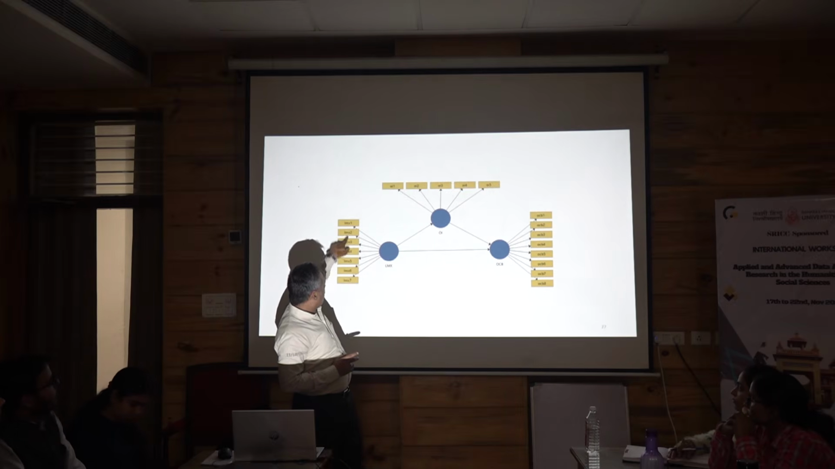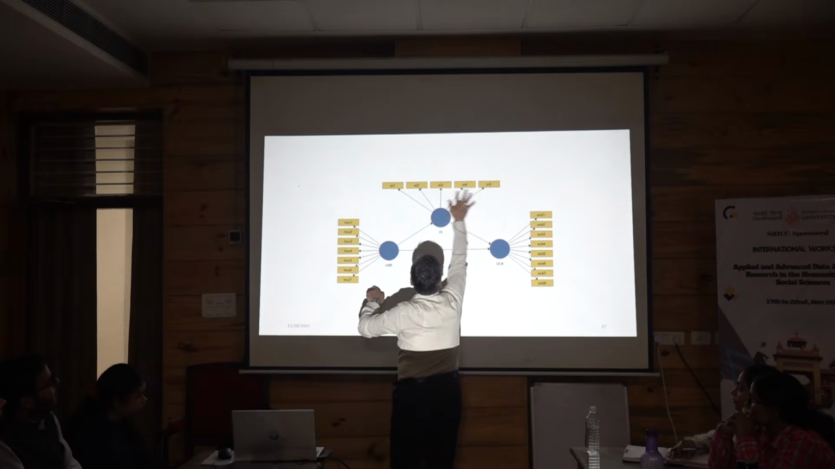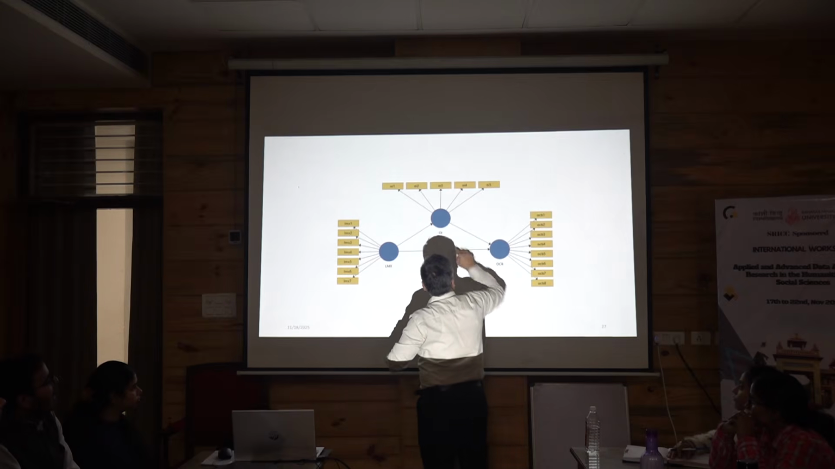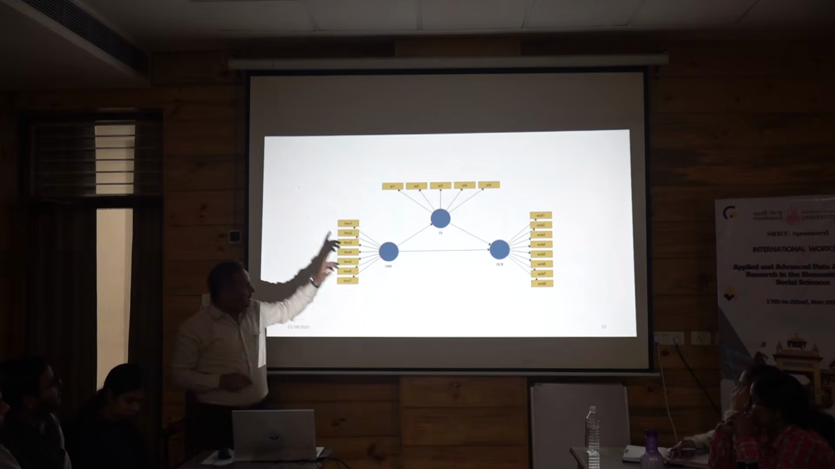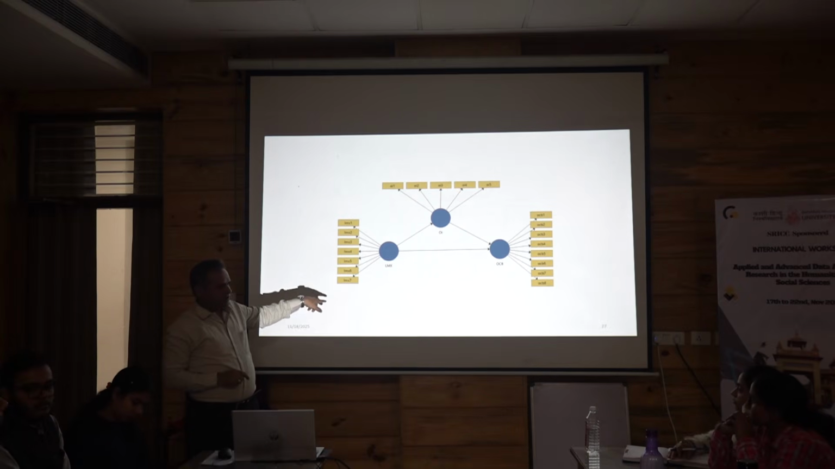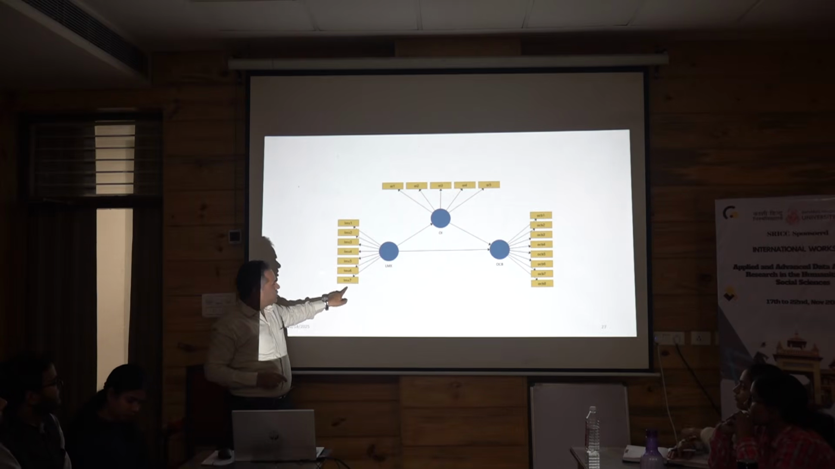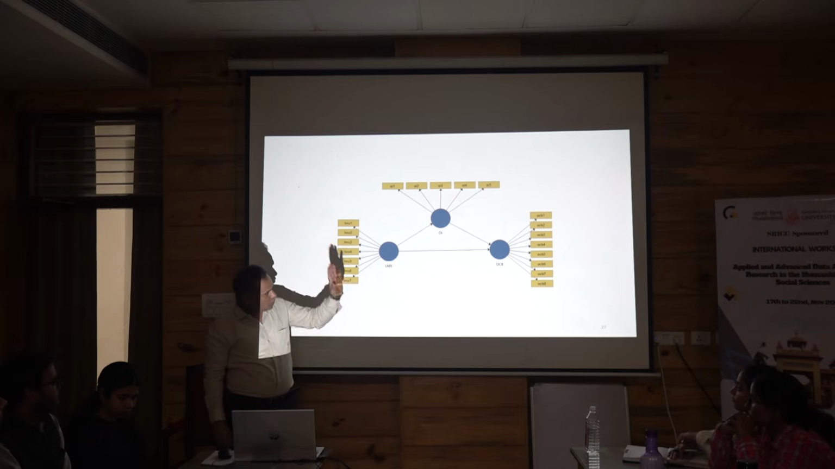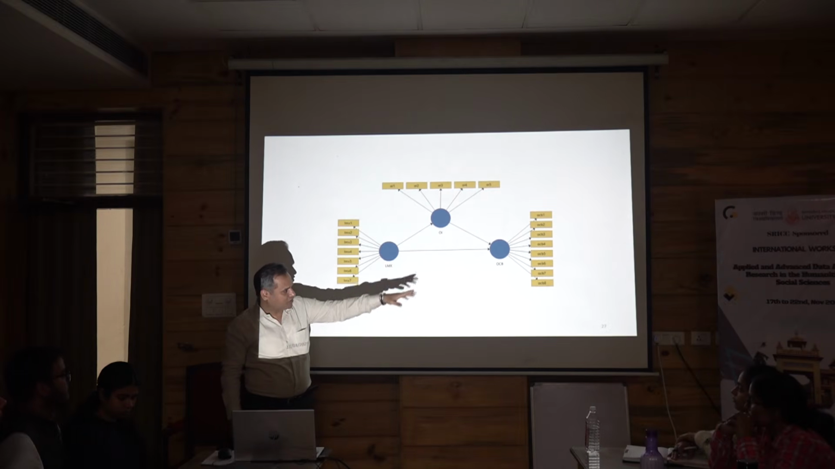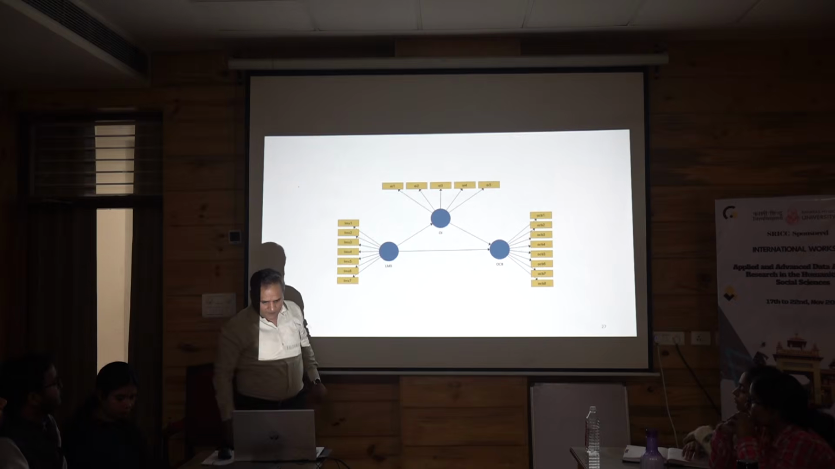Yes? This is all your manifest variable. And these are your constructs. All yellows are your observed variables. You are measuring this through these 5 items. OI through 5 items. OCB through 8 items. So those are your indicators, observed variables, manifest variables, and these are your constructs. Now